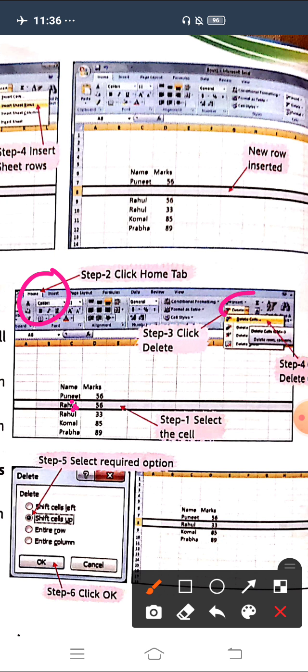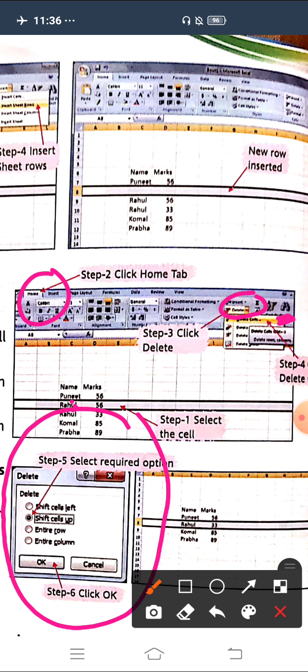After this, can you see one delete option is here? We have to click here on delete option. Then from here we have to choose delete cells because we want to delete the cells. After clicking here, one dialog box will appear on your screen.